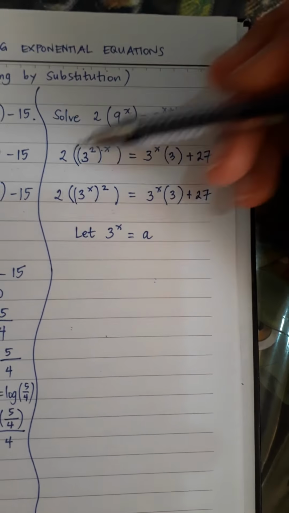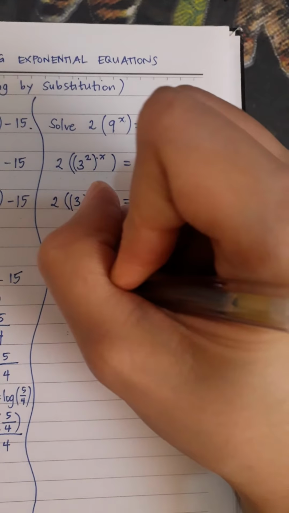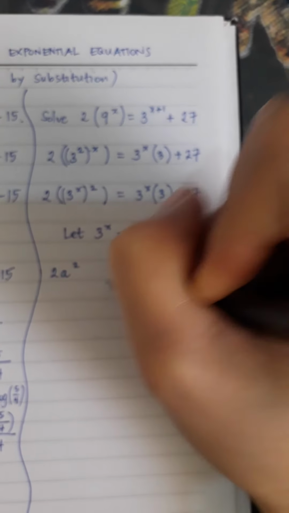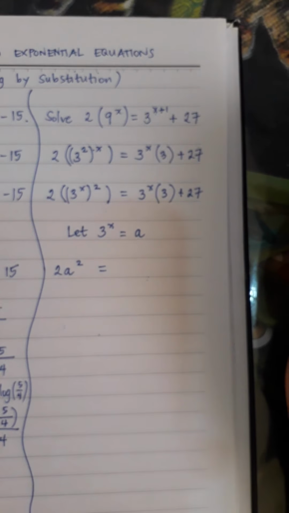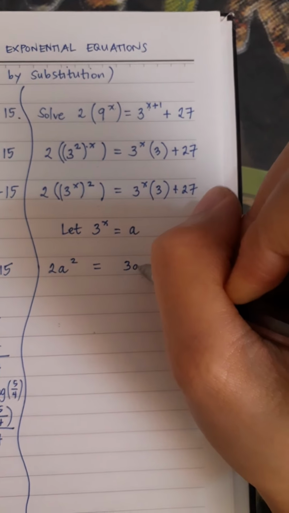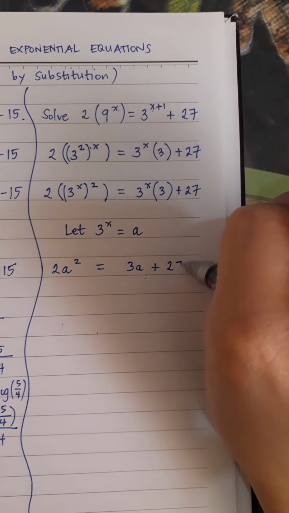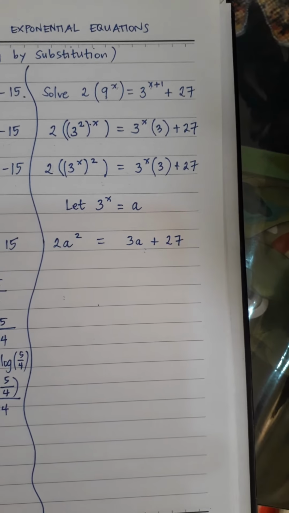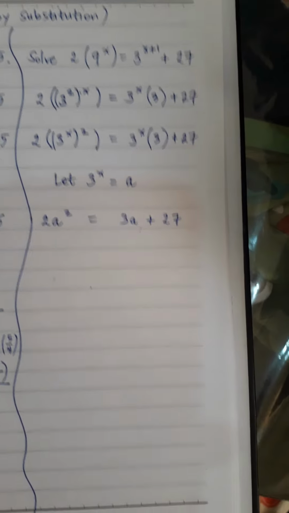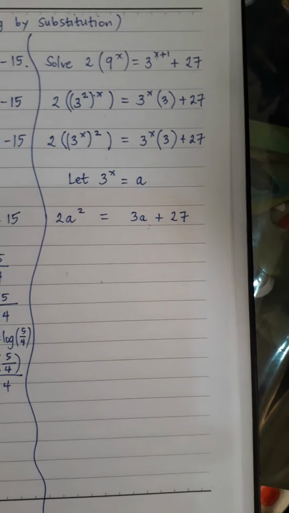So, now the left side becomes 2a squared equal to 3a plus 27, which is again a quadratic equation in terms of a,